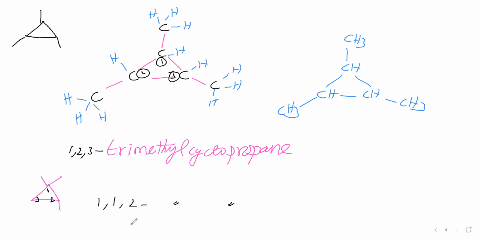Is there any relation between these two? Do you think there is any relation between this name and this compound? Molecular formula, do you say same? Position of branch is different, do you say? Yes. Here position of branch is 1, 1, 2. Here position of branch is 1, 2, 3. So position of branch is varying. Therefore, these two are which isomers? Position isomers, structural isomers. Structure is different. Therefore, structural isomers. Position of branch is different. Therefore, position isomers. Like that we can say.